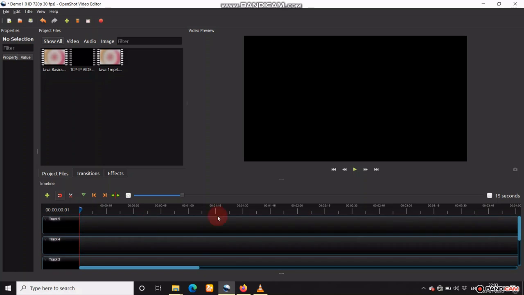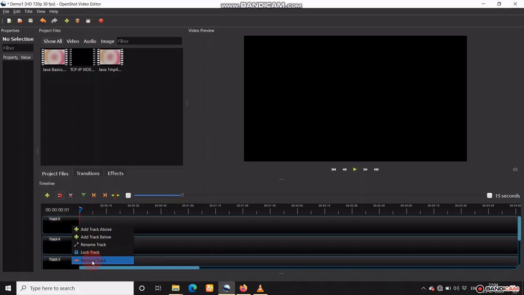Normally, we don't need so many tracks. So, I am going to remove some tracks. You can remove the track by clicking on particular track. Right click on the track. You will see the options over there.